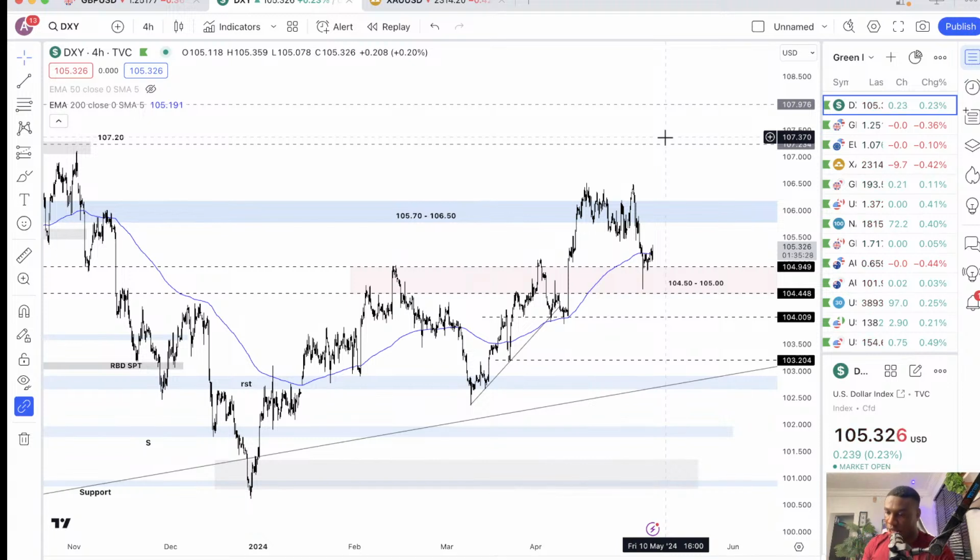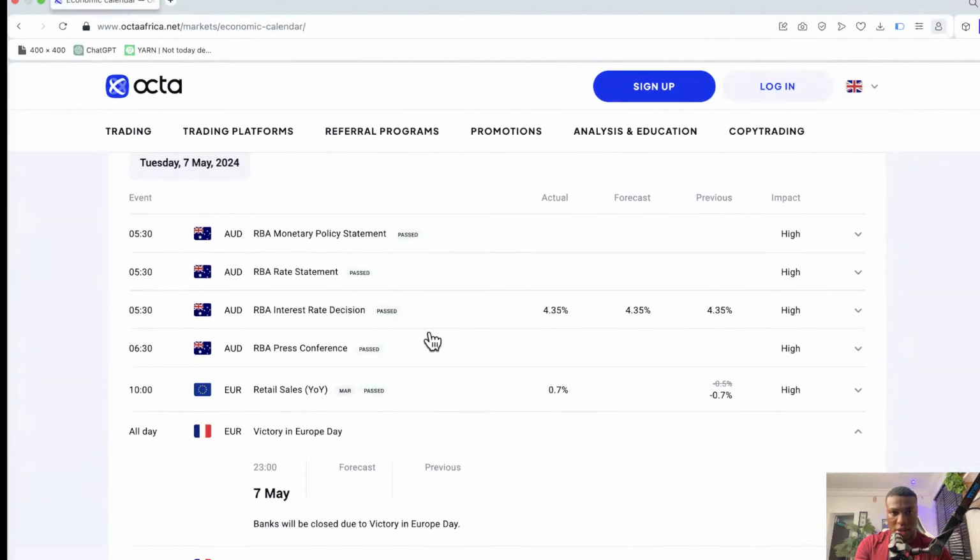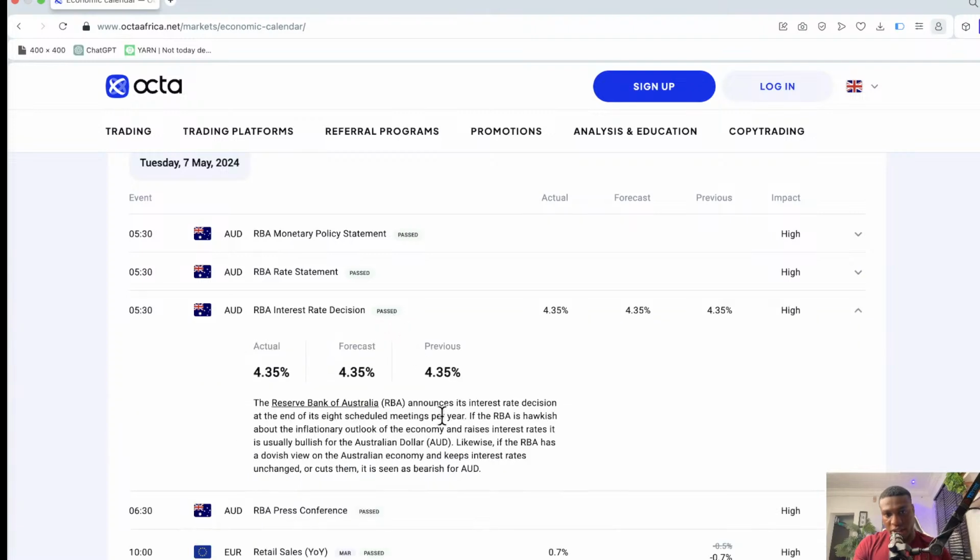So Ikure is asking, what would have happened if the rate was below forecast? So I showed you guys that when you look at each of these reports, you can click on it, and usually at the last sentence, you'd see Octa provides you what to look out for. If it's a positive or negative report, you can always make a profit, regardless of where the market goes, regardless of however the report turns out to be. Now you can see here, likewise,